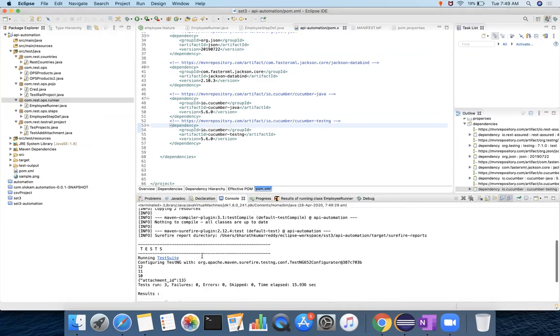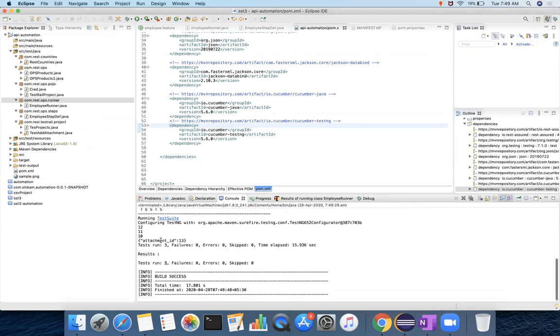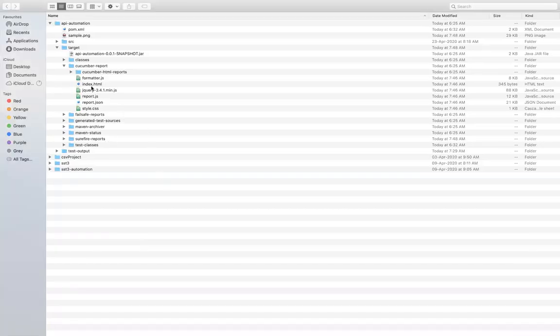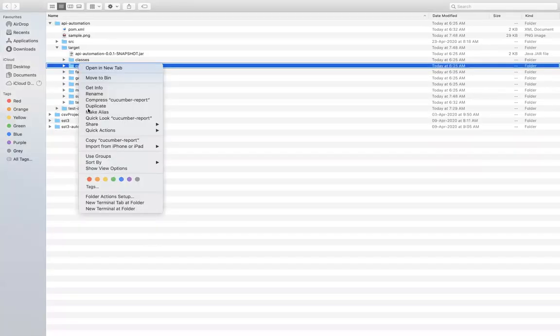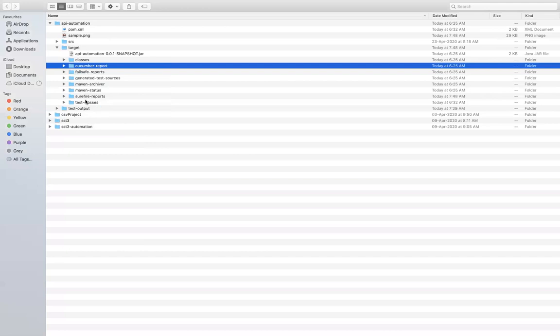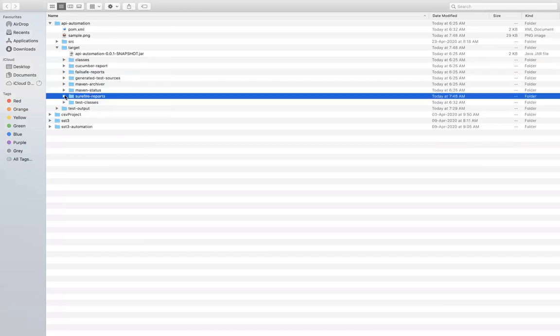Which ones? These are executed for our test trial projects. Even though the report is not available here, it will be available in Surefire reports by default.